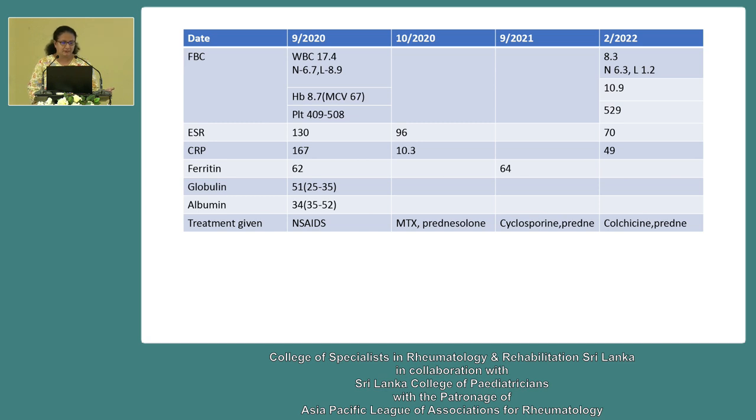And we have given her treatment with NSAID, and a month later, the ESR has come down. CRP is also markedly reduced, but the joint pains had still been there, and we had started her with a presumed diagnosis of JIA. We started her with MTX with prednisolone, and there have been a couple of hospital admissions and defaults, and between these two periods, nearly a year.